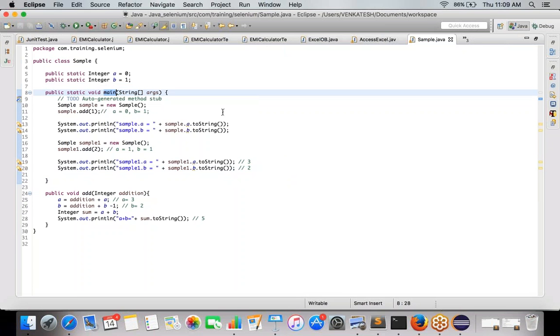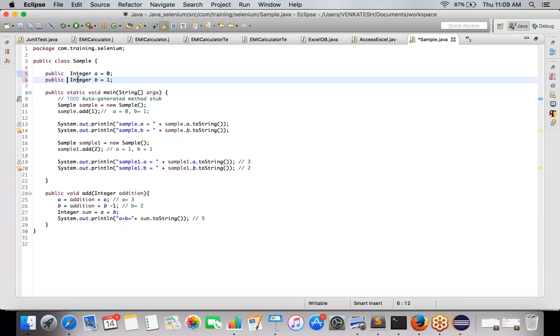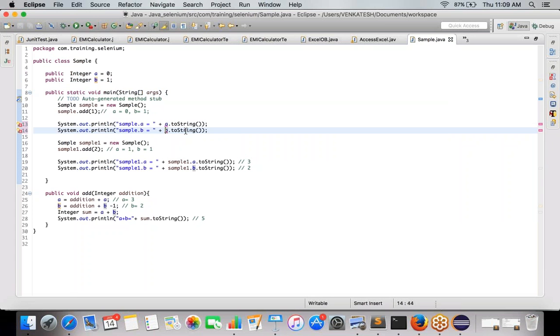The rule in Java is you cannot use a non-static variable inside a static function, which essentially means if these variables are not static, I cannot give a dot toString and b dot toString like this, because the memory allocation for these variables has to be different for every object. So it becomes mandatory that you use an object reference and a variable name to